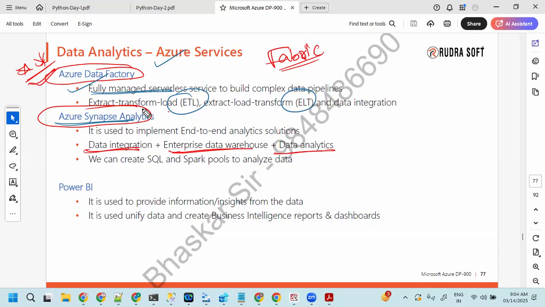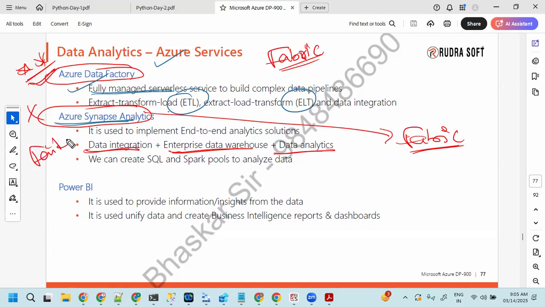But they brought the same features into Fabric. Since Fabric came into the picture, you can just ignore it. Even if you don't know Azure Synapse Analytics, no one will bother about it because it is a failed piece. It didn't succeed much in the market. Because of that reason, they came up with Fabric. At the time of Fabric, I'll give details about why it failed.